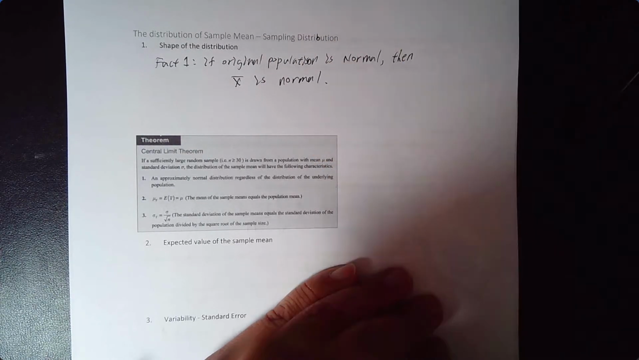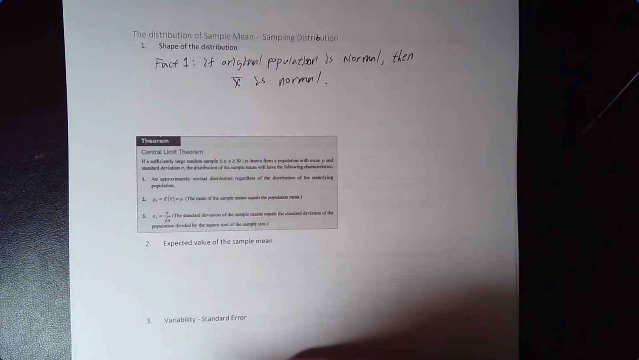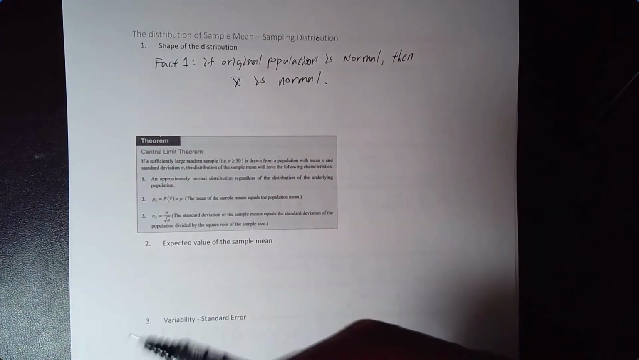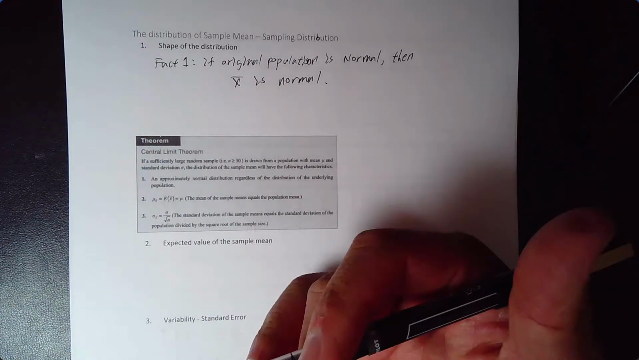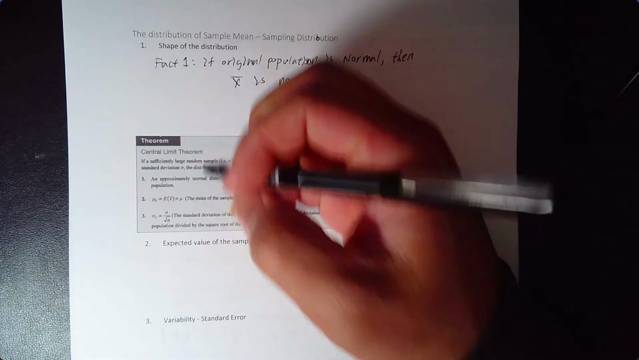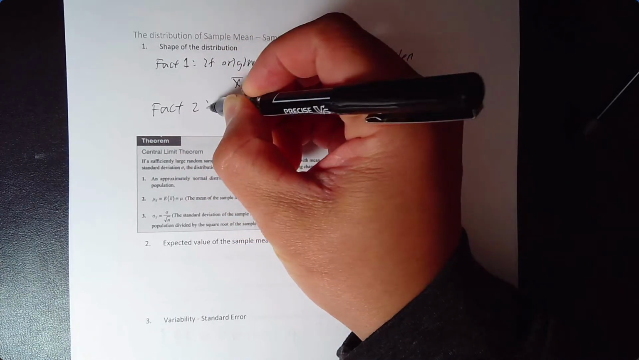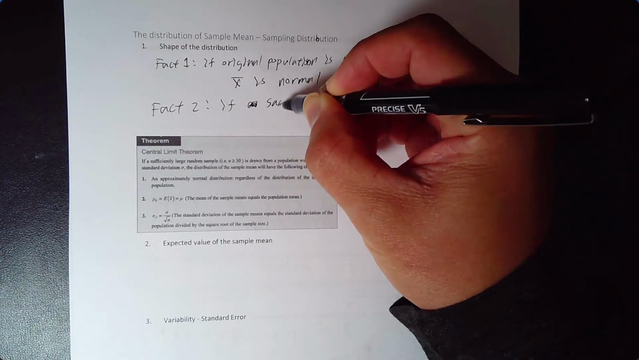Right? So if you have some information, or if you make the assumption that the original population is normally distributed, then X bar will be normally distributed. Now, if you don't have that assumption, then we will have to use the second one. So fact number 2. If the sample size is large enough,